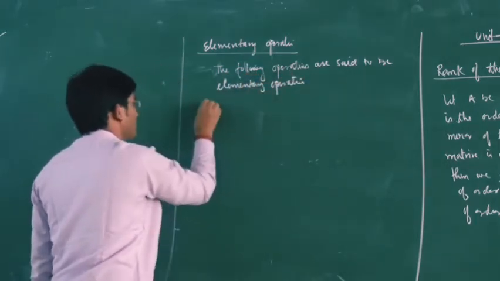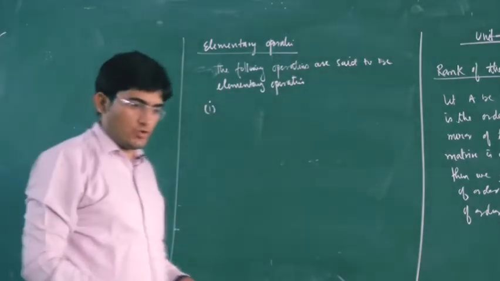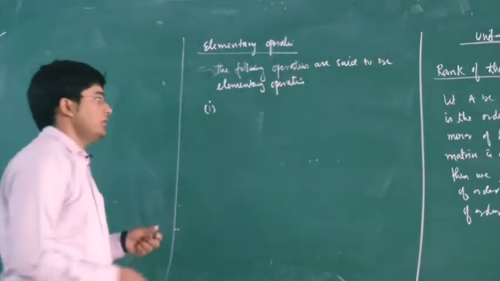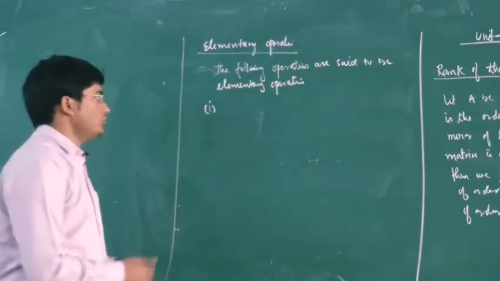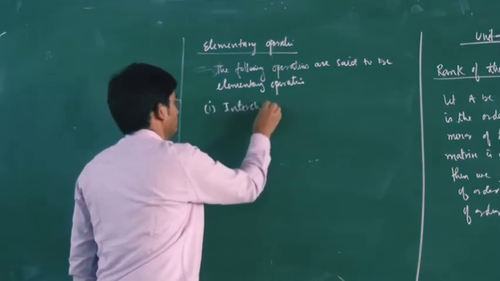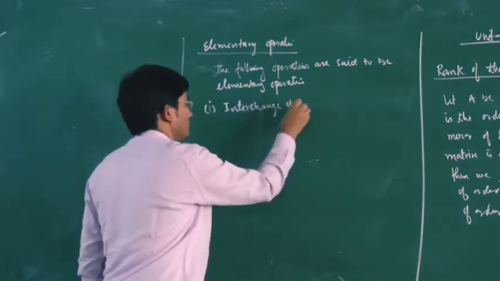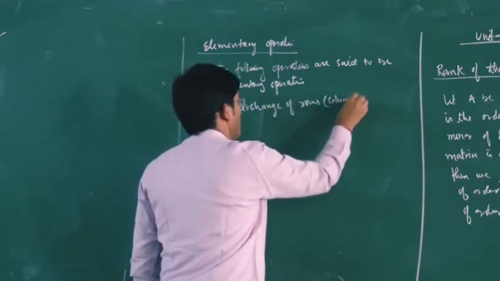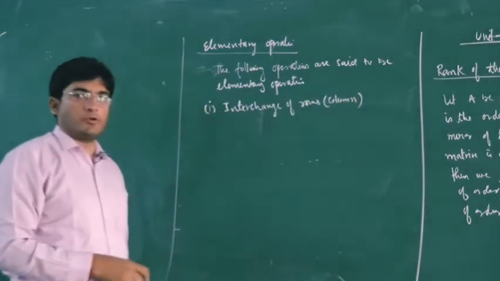The first one is interchange of 2 rows or 2 columns. So the first one is interchange of rows or columns. So this is our property number 1,